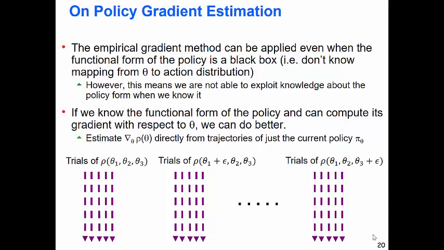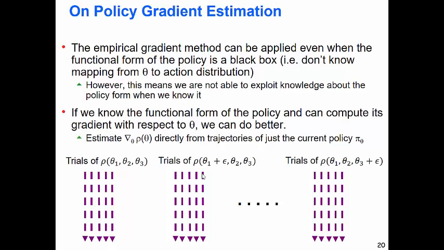But we're doing policy gradient estimation, and just a quick recap. So the first method we saw basically took a policy that's parameterized by some number of parameters. It tweaked each parameter. Like here it's tweaking theta 1 plus epsilon. It would run many trajectories of the policy, see how well it did. Did it do better or worse? And then it would move that parameter in the direction that makes it do better, depending on what those runs